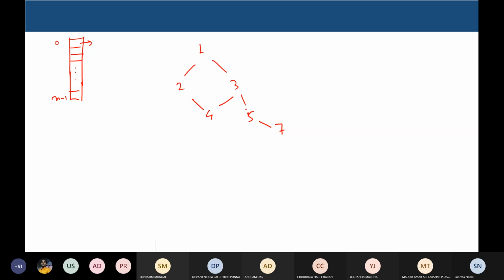If this is the graph, the input to the graph may be provided in the form of a file, or provided as an input when the code is running. So it will be something like this: 1 2, then 1 3, then 2 4, then 3 5, then 5 7. This way you may input the adjacency information